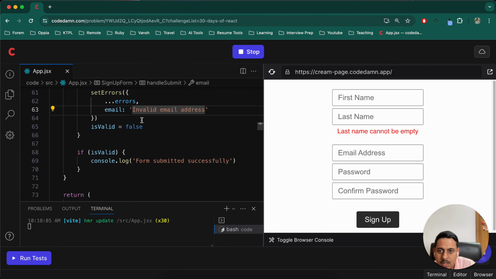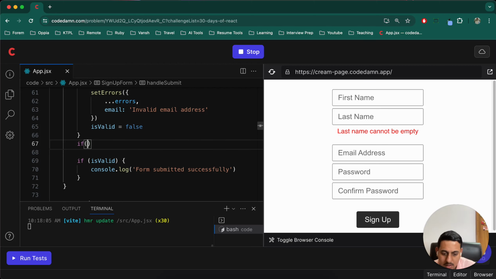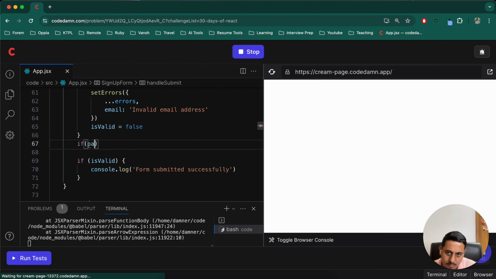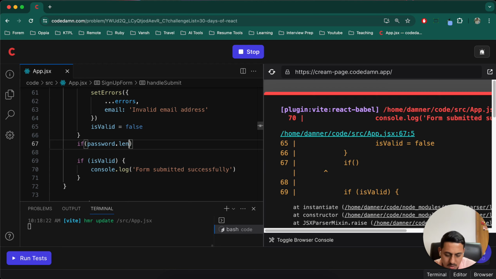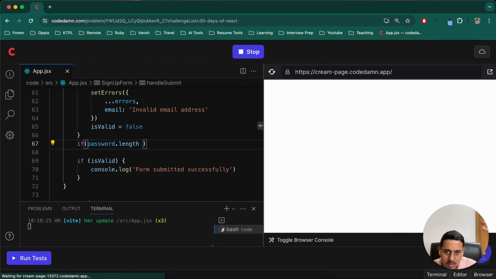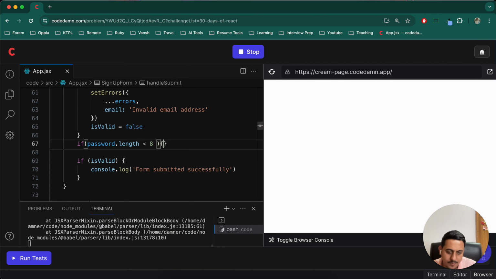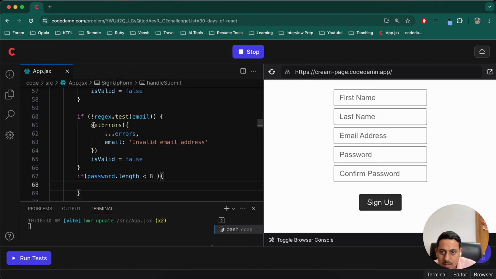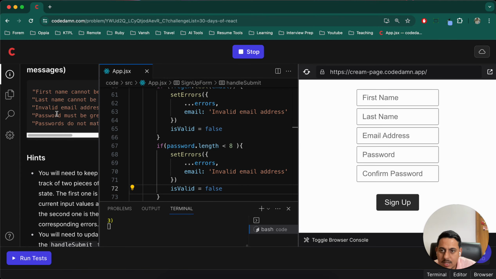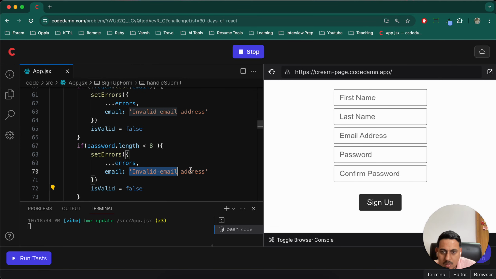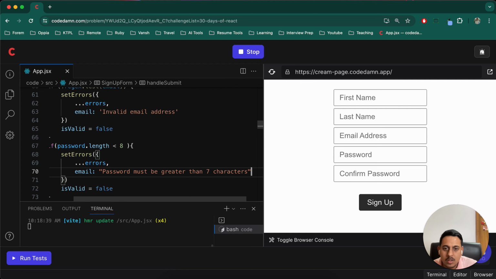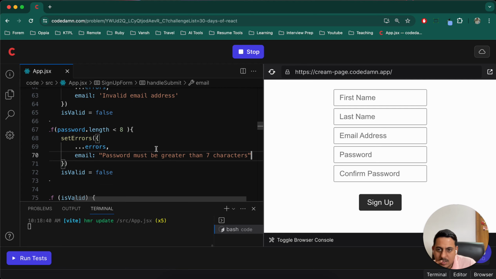Okay, so for that we'll use if password dot length is less than 8, then we'll set this, and in that we'll set this error that password must be greater than 7 characters. Okay,